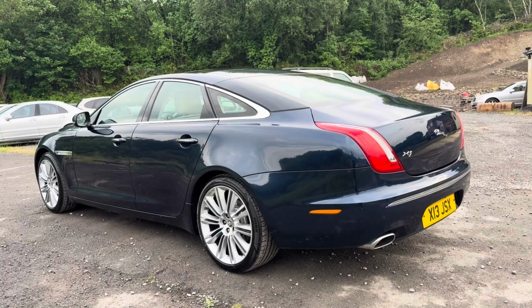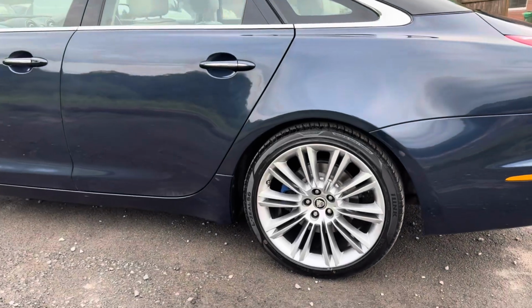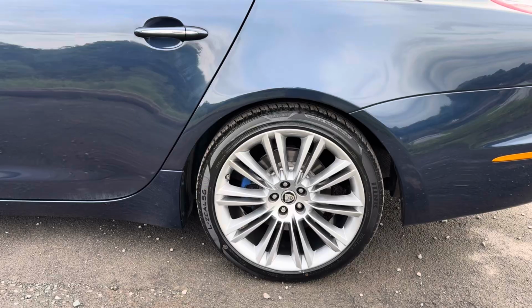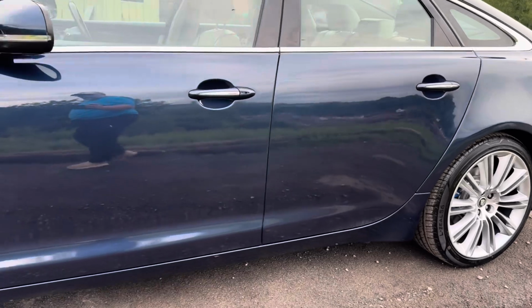We're not making any money off it, we're literally doing it as favours for people, but I wanted to get the car absolutely immaculate for it, so that's why I've had these wheels refurbished. You can hopefully see that. The paint finish on the car, as you can hopefully tell,